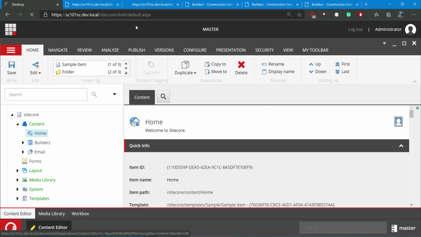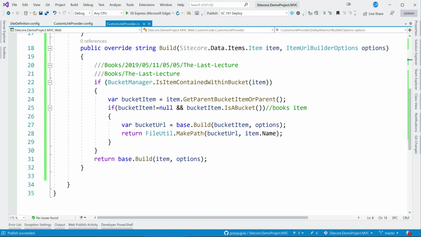This is not only the case for buckets, it's the case for some other things as well. If we want to override some URLs and everything, we do that. But there are other places to override. I mean, we have only overridden link generation. There is another concept called link resolving.